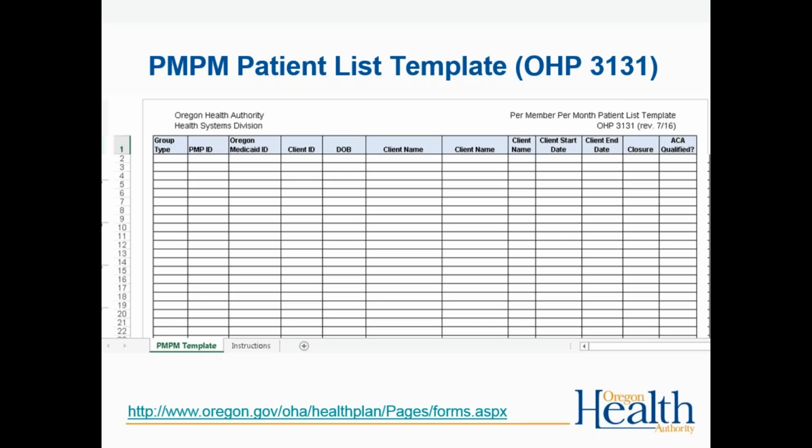And then for the start and end date, if you've seen the patient in the prior 18 months, or if you've got a new patient that you've engaged during the quarter, go ahead and make the start date the beginning of the quarter and the end date the end of the quarter. So for quarter 1, 2017, you would upload a patient list that has start dates 1/1/2017,